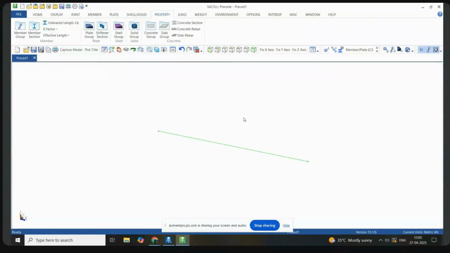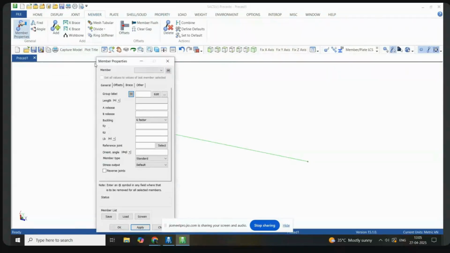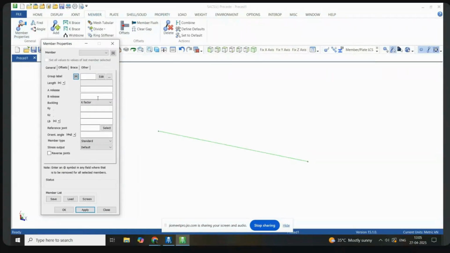Sandhya, you click on the member. No, click on the top ribbon, member after join. Okay, click on the member property. So now you created a member. It doesn't have any section assigned. So click on that member. See, it shows that the length of the member is 10, but you don't have any section or group label assigned. If you have any member defined and you want to assign the group label, you come